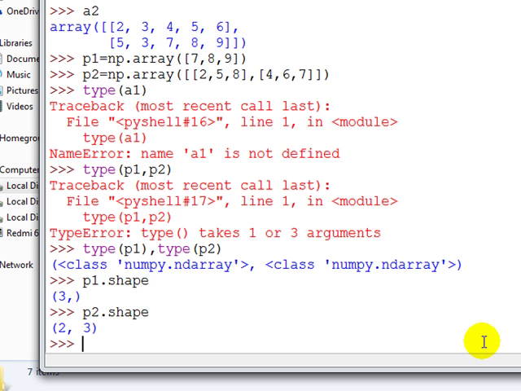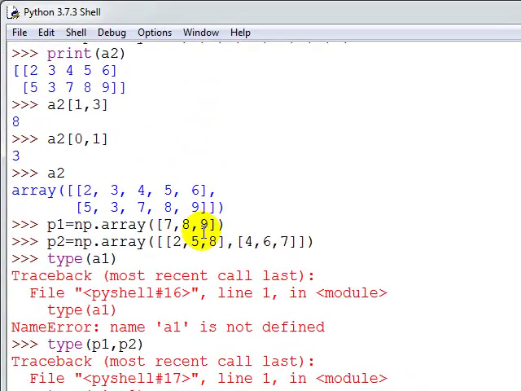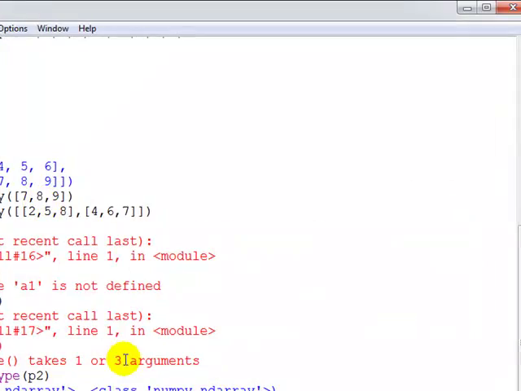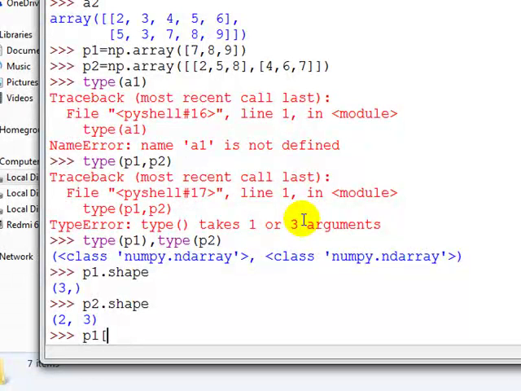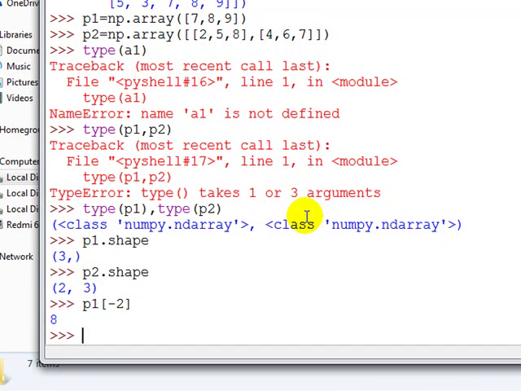Now as in a list, we can access through the index. There are two indexings, forward indexing and backward indexing. Similarly in an array also we can do this. For example, here is the p1. If you see, this is 0, 1 and 2, and from here -1, -2 and -3. Now if I access p1 in a square bracket, I am writing -2. What will be the output? That is 8 in backward indexing. Clear? Similarly we can do forward indexing as well as backward indexing.